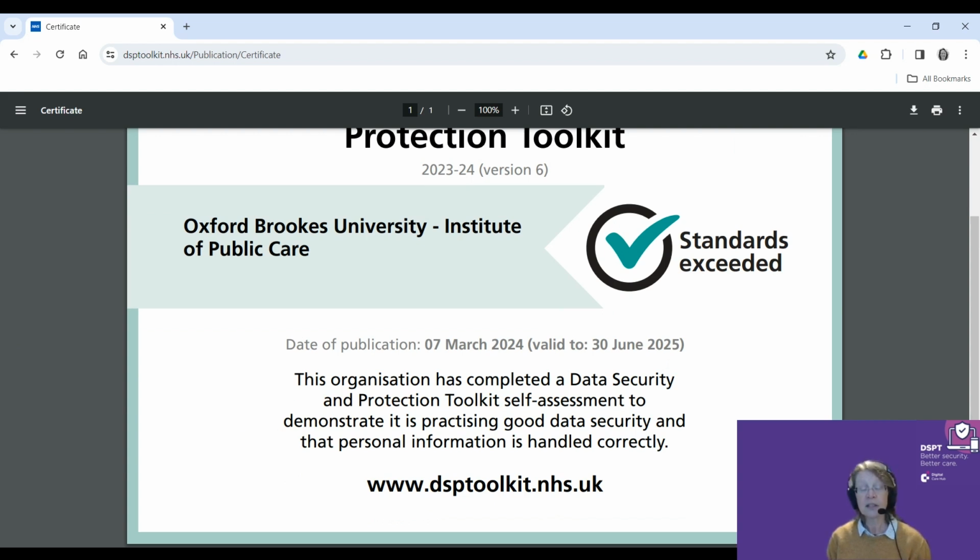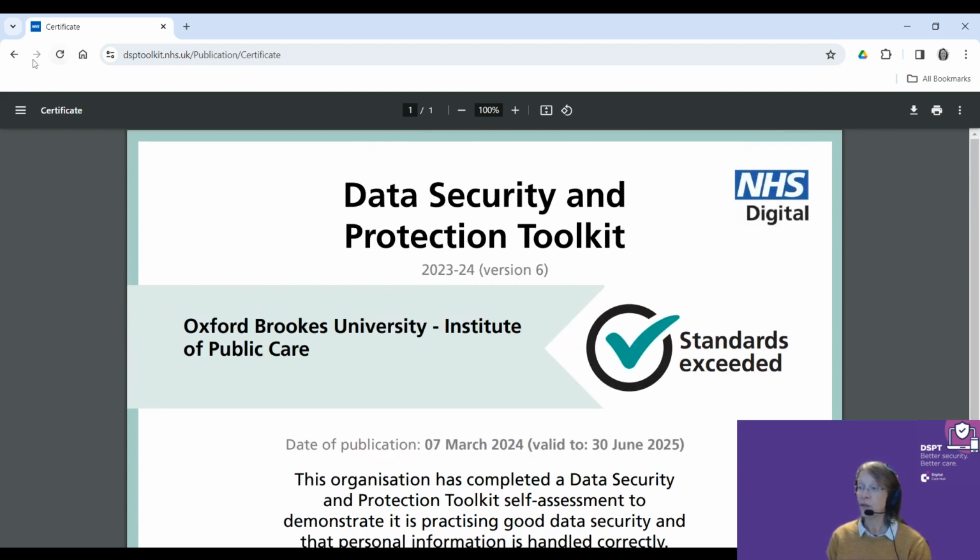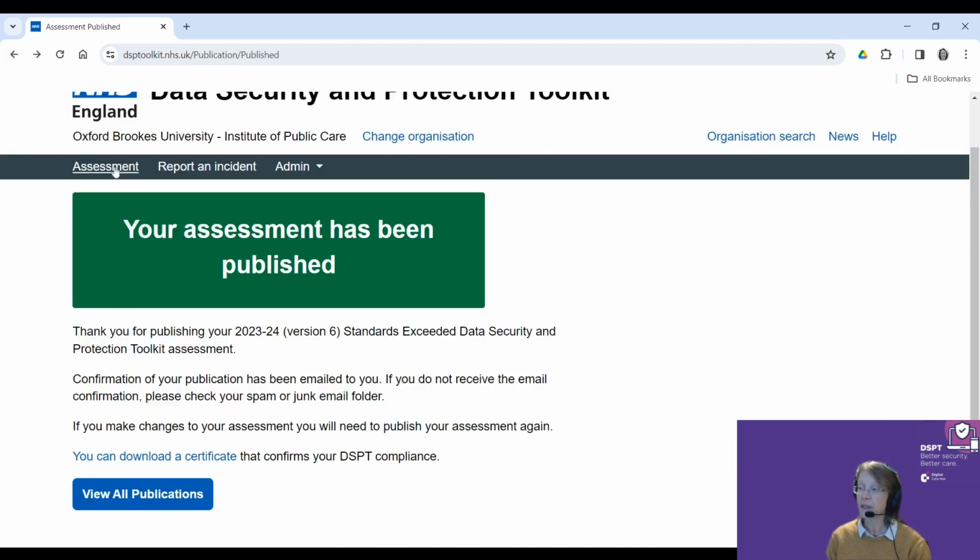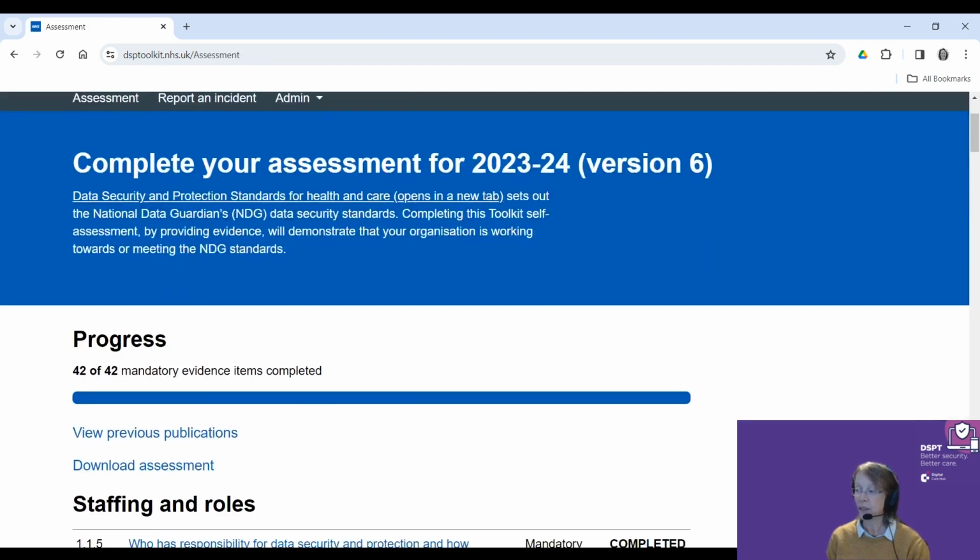Now, when I publish, the fact that I published and on what date and at what level, this information is all that's publicly available. Other people won't be able to see the answers that you've put in. So if I go back to the assessment,